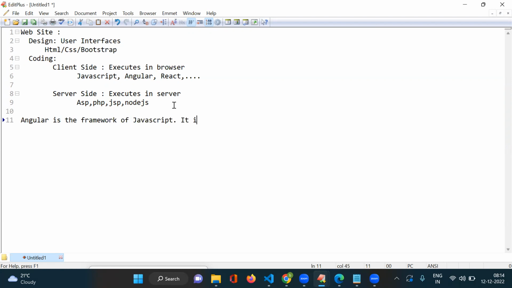So it is client side script. Yeah, JavaScript, Angular, all these come under client side scripts. For example, if you take Java technology, to work with Java we have different frameworks, like Spring and Hibernate. Frameworks simplify the logic of the technology and provide more enhanced